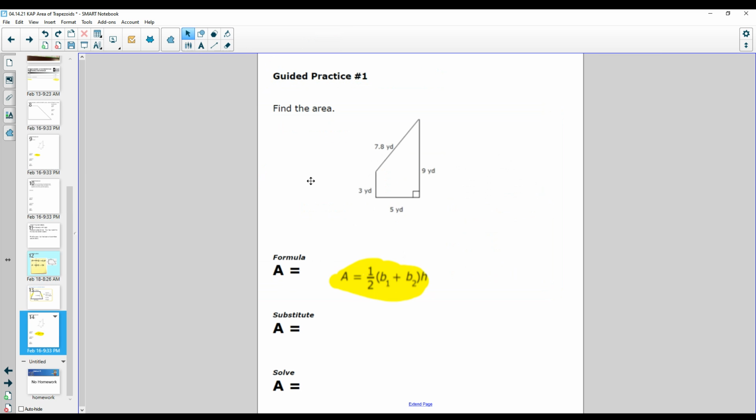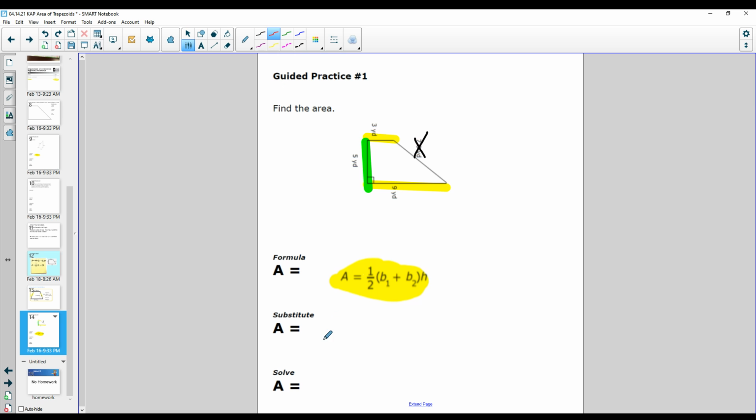So let's do this one right now. Here is a trapezoid. Let's label it. What are the two bases? Is it 5 and 7 and 8 and 10? But if I turn this upside down, could that work? No. If I turn it, oh, it's to trick you. So the bases are here. So make sure you understand. These are the bases, and this must be the height. So this must be the junk